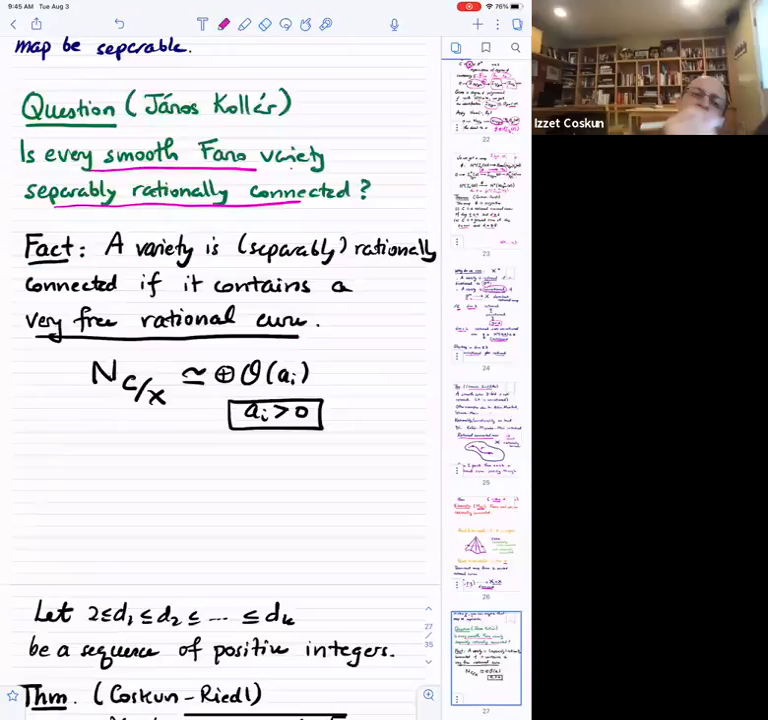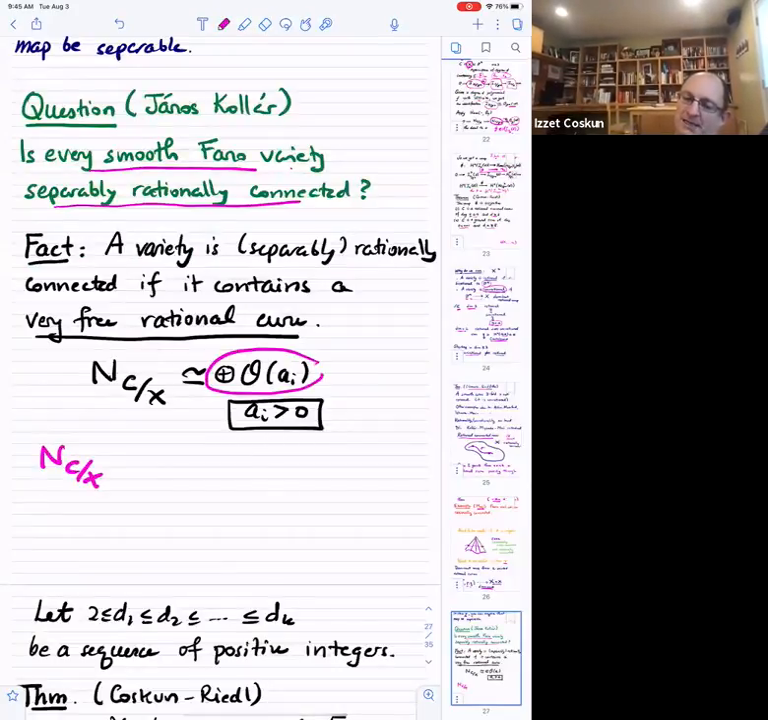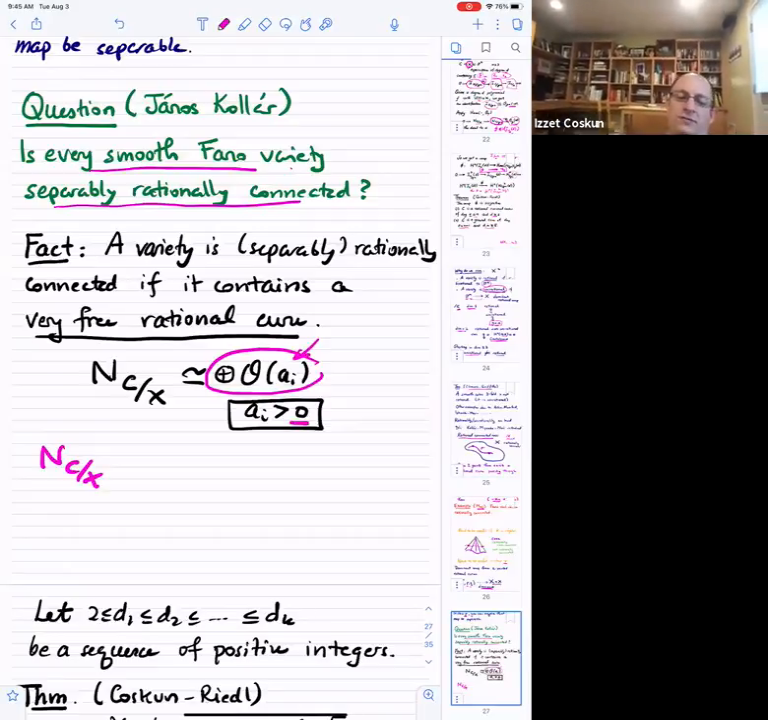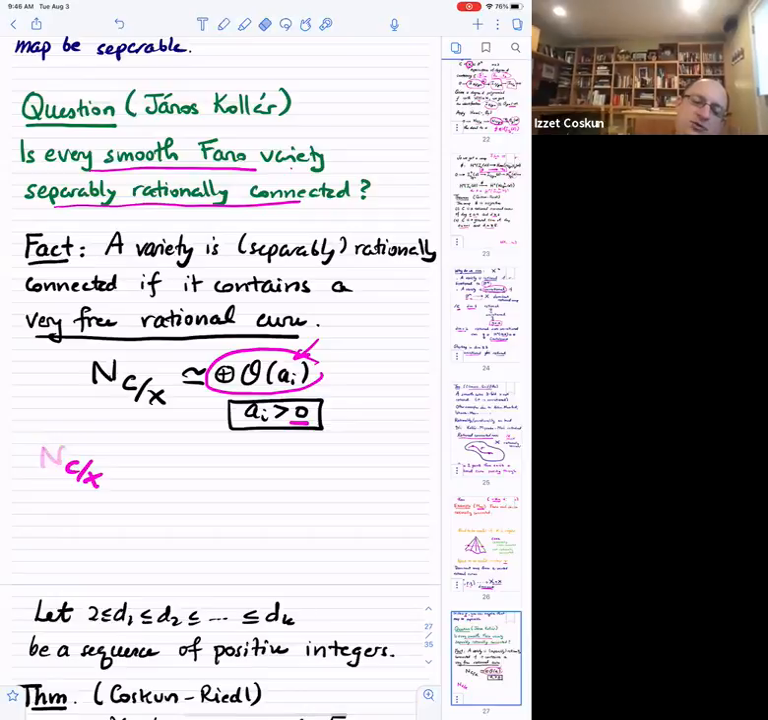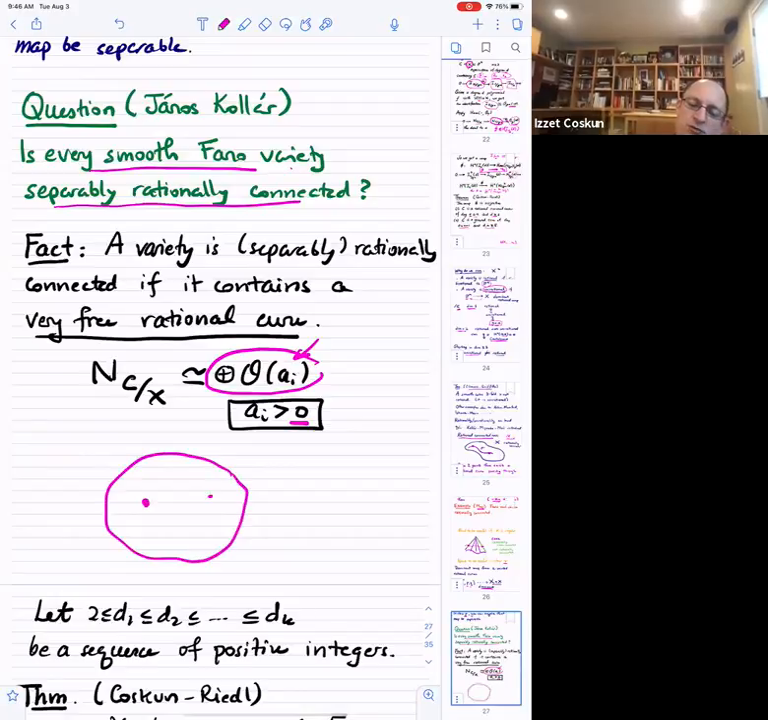And what does that mean? If you have a curve whose normal bundle splits like this, if all the a_i are bigger than 0, if you can find one curve like this, then your variety is separably rationally connected. And what's the reason for this? The way you should think about this is that